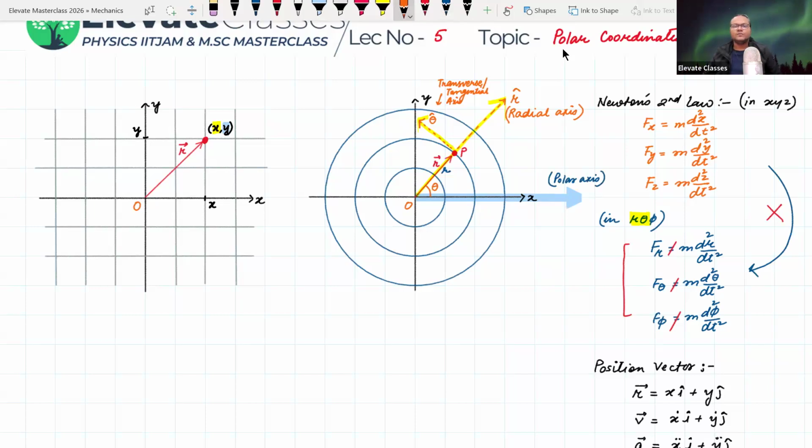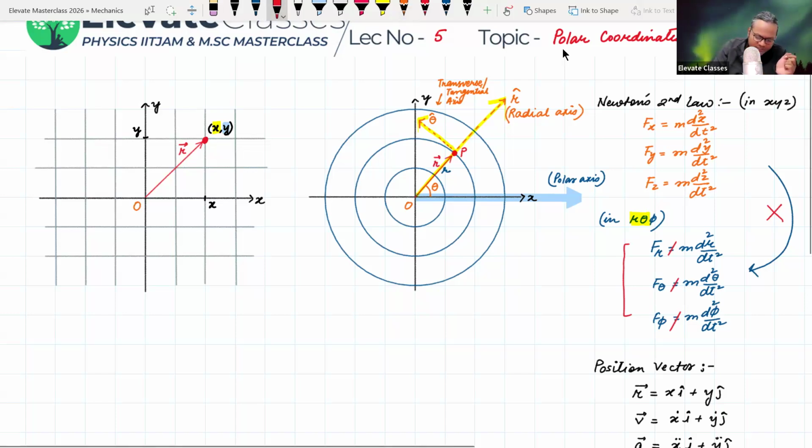That's it. Two important things. In polar coordinates, the distance between the origin and the instantaneous point is the radial displacement, and the angle that the position vector makes with a fixed direction, also called the polar axis, is called angular displacement. And the direction of the radial vector is along the outward radial direction, and the direction of the angular displacement quantity is along the tangential direction at that particular point. That's it, nothing else. So now what we can do is we can go from a